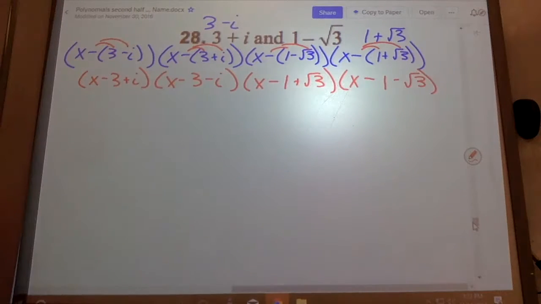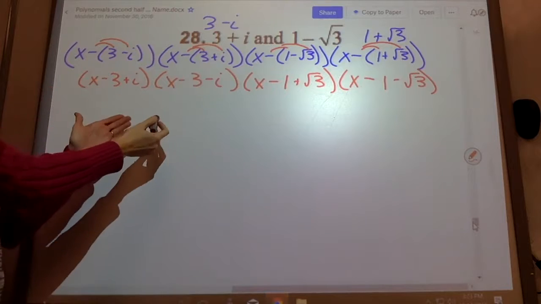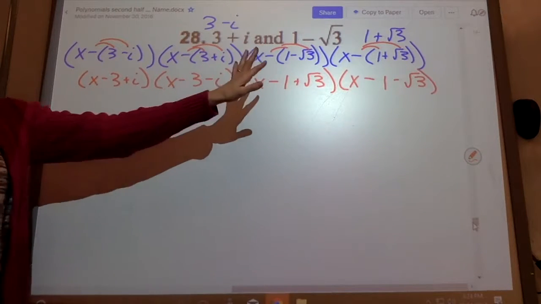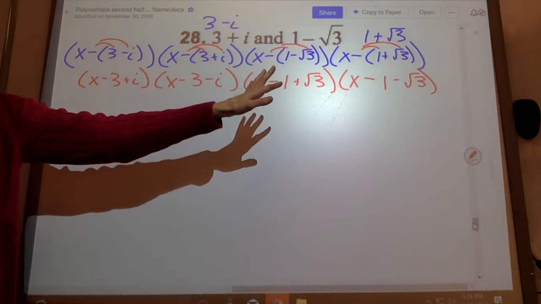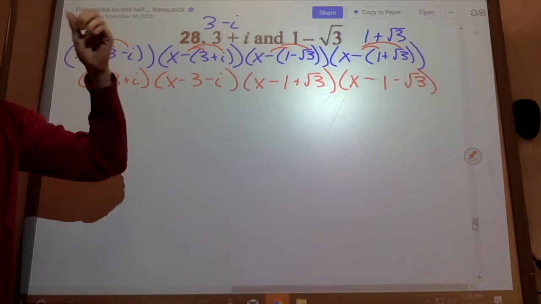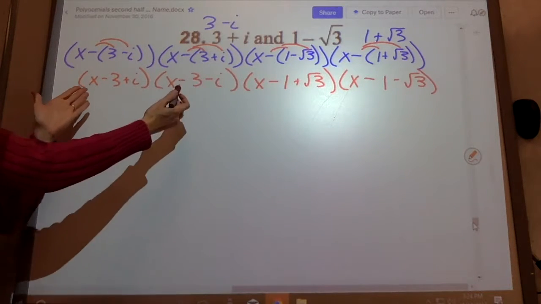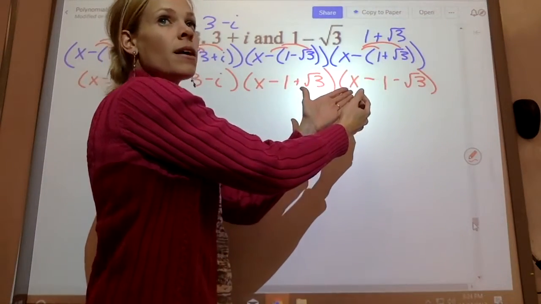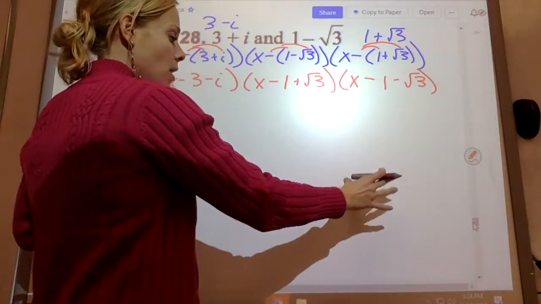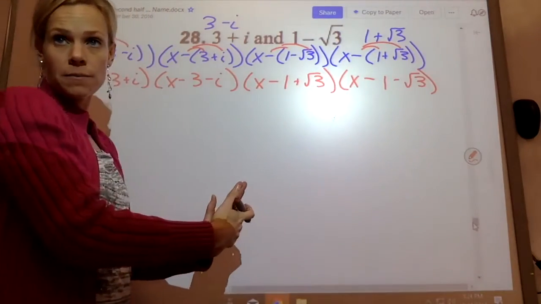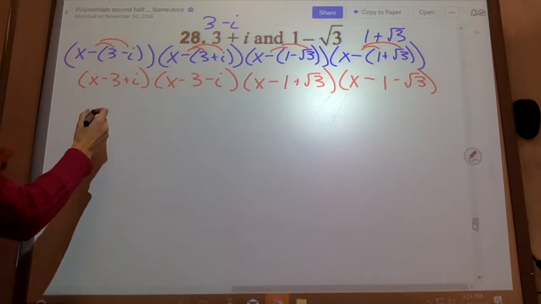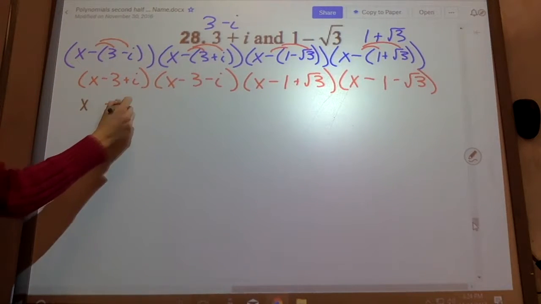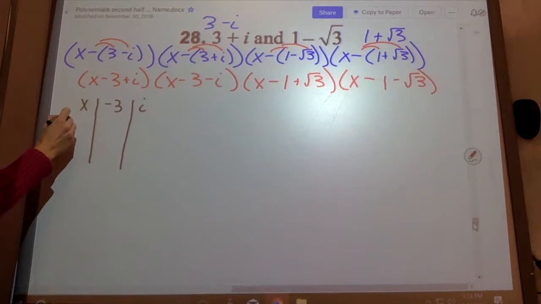Okay. Then the second thing I said was you always multiply your conjugate pairs together first. There are no binomials, so we need to use a table. And just like our second example, we're going to use a table 3 times. A table to multiply these two together, a table to multiply these two together, and then a third table to multiply those two products together. Okay? So here's my first one, x minus 3i, x minus 3 negative i,